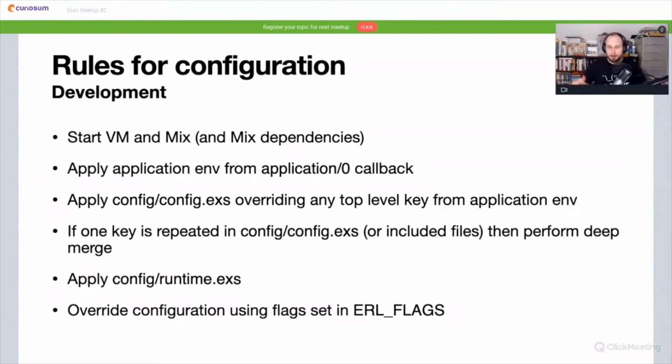tree of our configuration. So if we apply something in our application callback and then we try to apply the same key in app configuration, then all values in our key will be overridden. It is different from how configuration within config.exs works, because in config.exs, when we repeat the same key, we just deep merge the